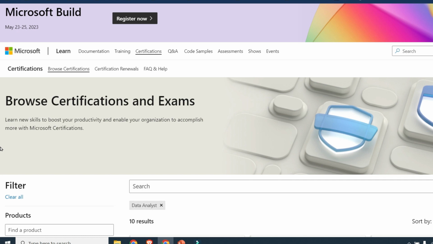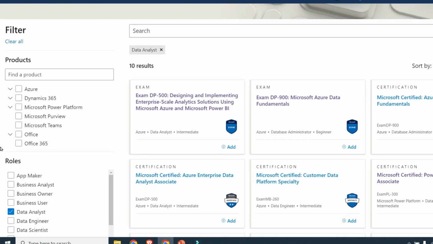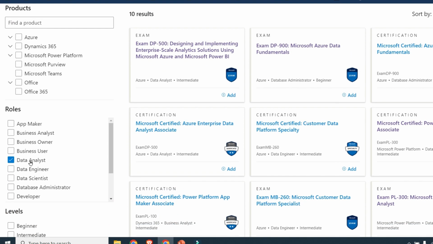Now, just to go big picture for a second, here is the landing page for all of the Microsoft certifications. So you'll see on the left-hand side, there's also data analyst, data engineer, data scientist, and database administrator. Analyst is obviously the most relevant, but I would also look at the data engineer and data scientist. Again, the more knowledge you get, the more qualifications you have, the more you build your skills, the better your career will be and the more money you will earn. So that's the goal. So here is the one I just mentioned. That's the Power BI qualification. But I just want to go over a few other ones.